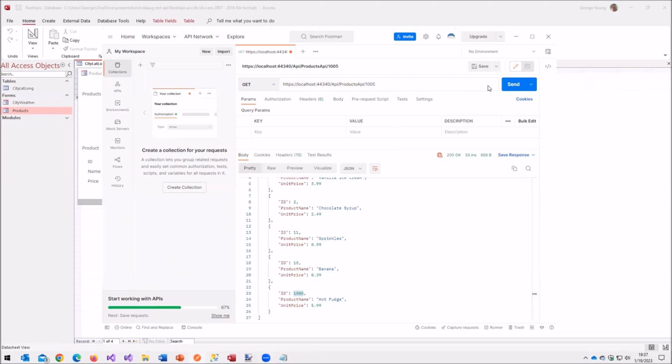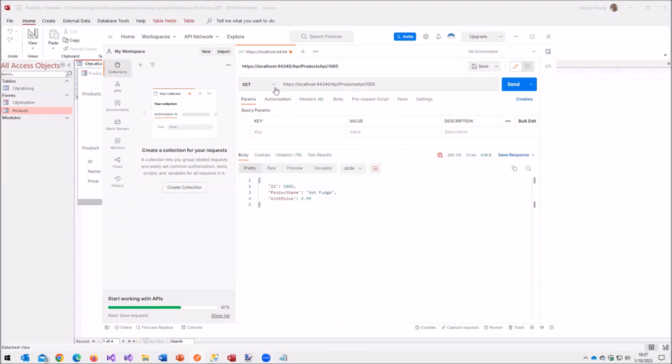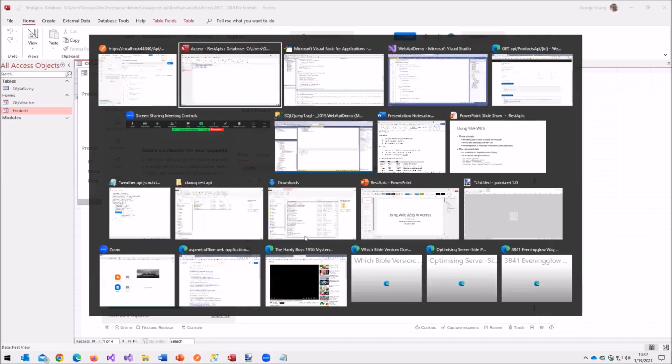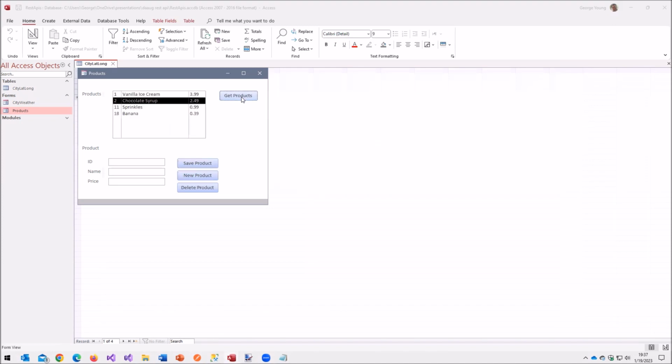I'm going to take that, paste it up here, and now I want to delete it. And I do that. Now if I go back and do get, no more Hot Fudge. And if I come back over here and get products, no more Hot Fudge.